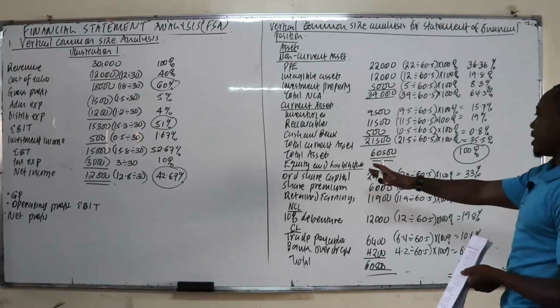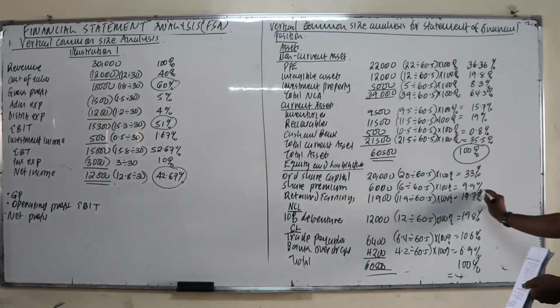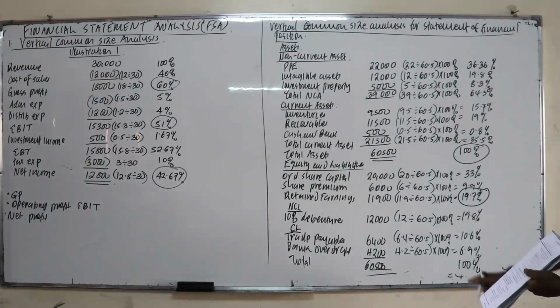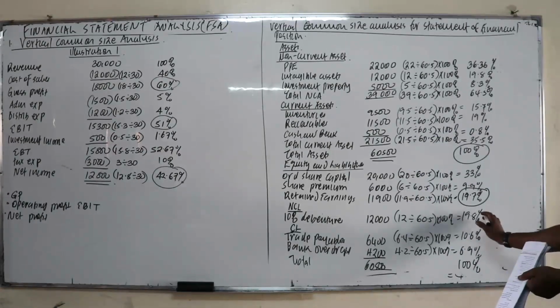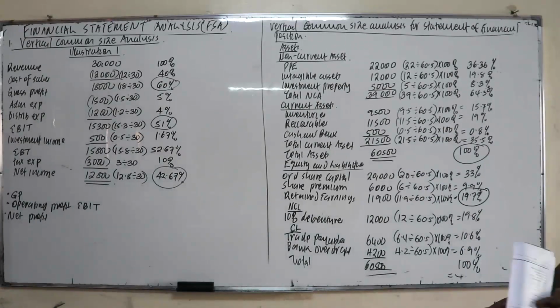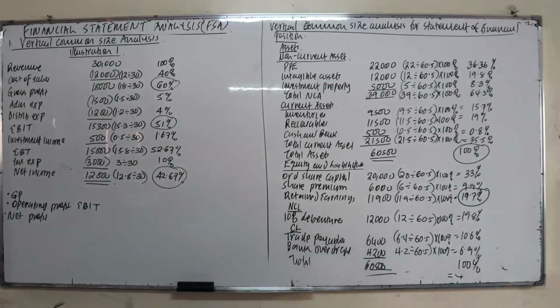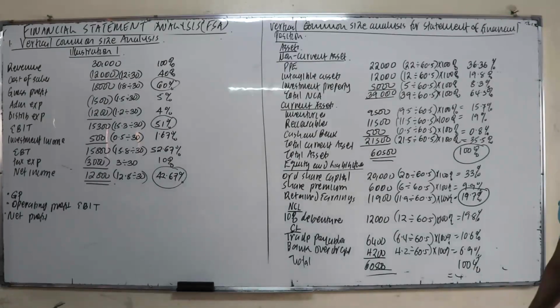Under the equity element, the ordinary share capital represents 3%, share premium 9.9%, and of all the total assets, they are being financed by retained earnings, 19.7%. Then debenture is part of it, which shows the gearing ratio, how the company has borrowed. So it's 19.8%, or in short, you can say that of all the total assets, they have been financed by a long-term debt,